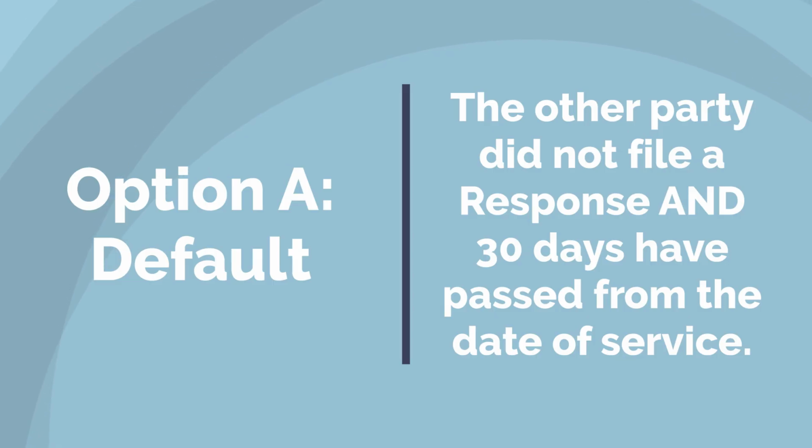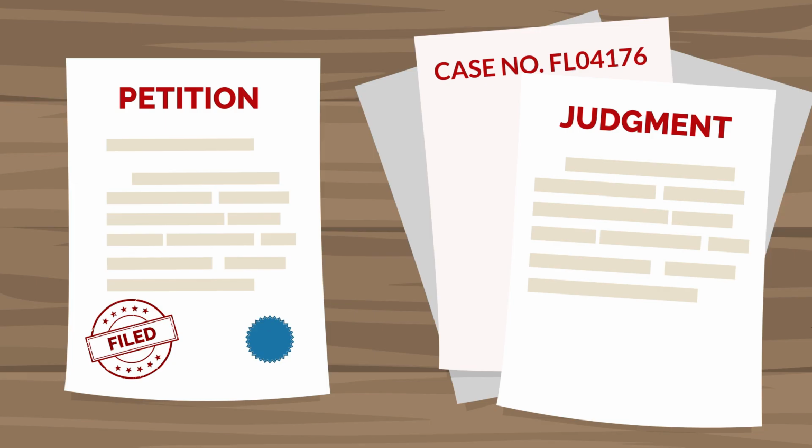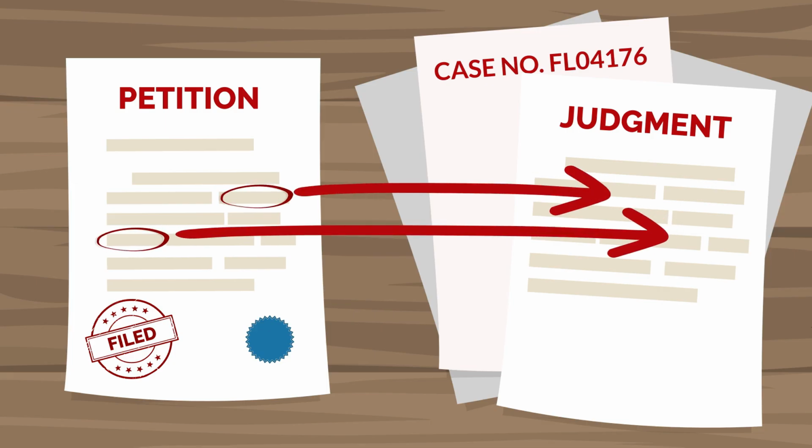Option A is to finish the case by default. This is an option only if the respondent did not file a response document and at least 30 days have passed from the date the documents were given to the respondent. To finish the case by default, the petitioner will need to file additional documents with the court. The final orders must match exactly the orders that were originally requested in the petition that was filed at the